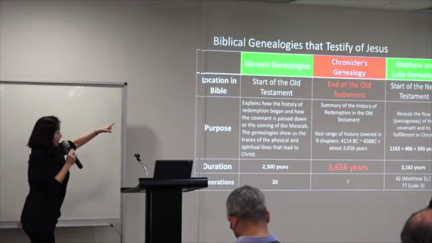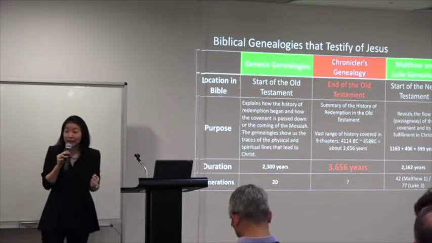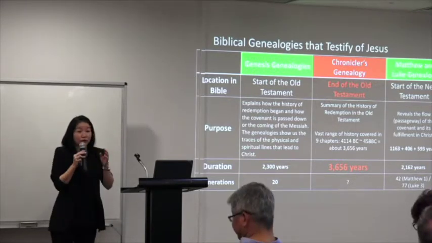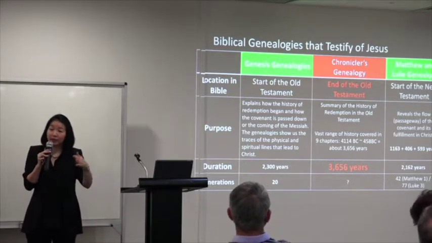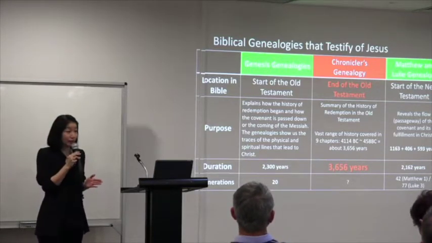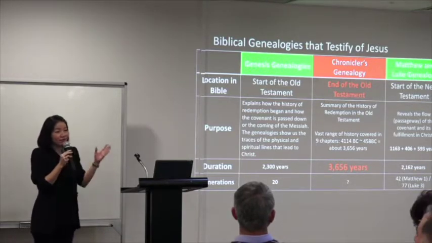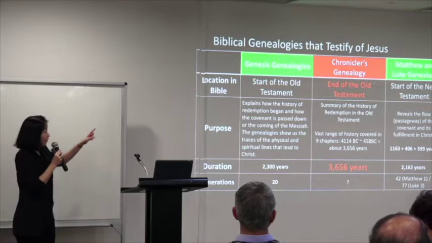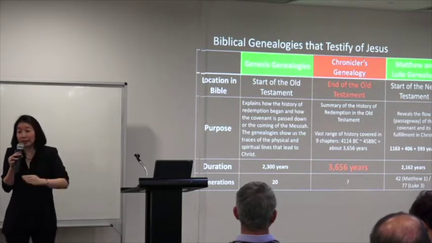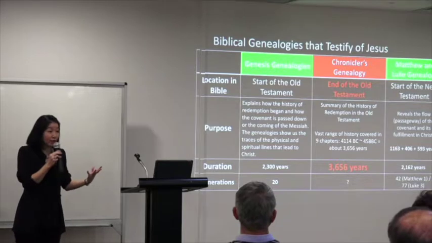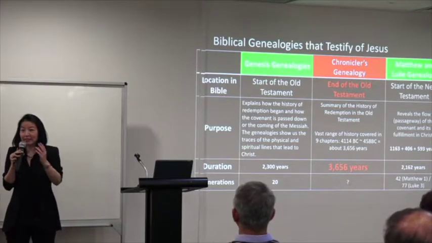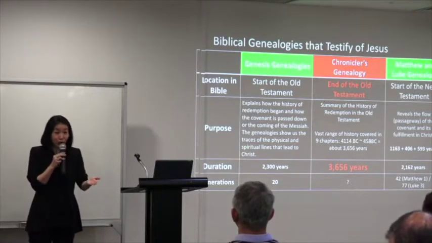Now, when we look at the second portion in red, the Chronicles genealogy, which is 1 Chronicles, chapters 1 to 9, this book in your current English or Chinese Bible is located in the middle of the Old Testament. But that is not the original location. It was originally written and filed as the very last book of the Hebrew Bible. The Hebrew Bible has the Chronicles genealogy closing the Old Testament, which means the Old Testament opens with genealogies and closes with genealogies. But it's split into 2 books and filed in the middle of your Bible today.